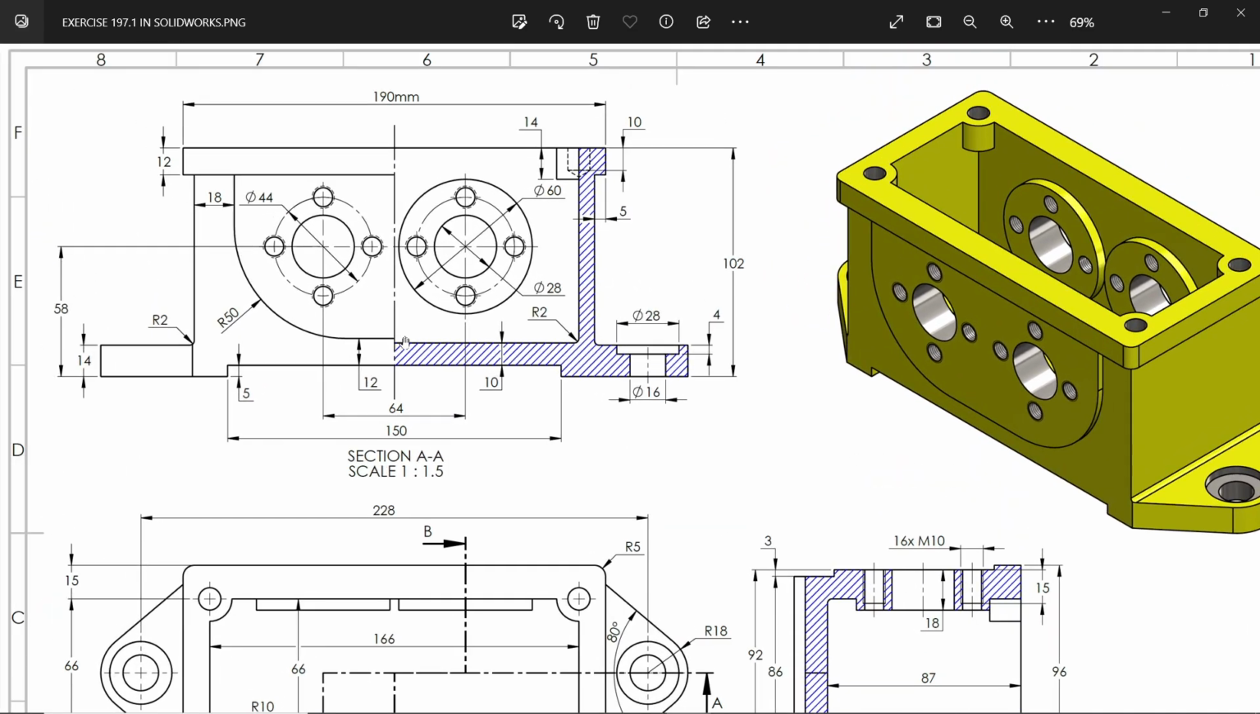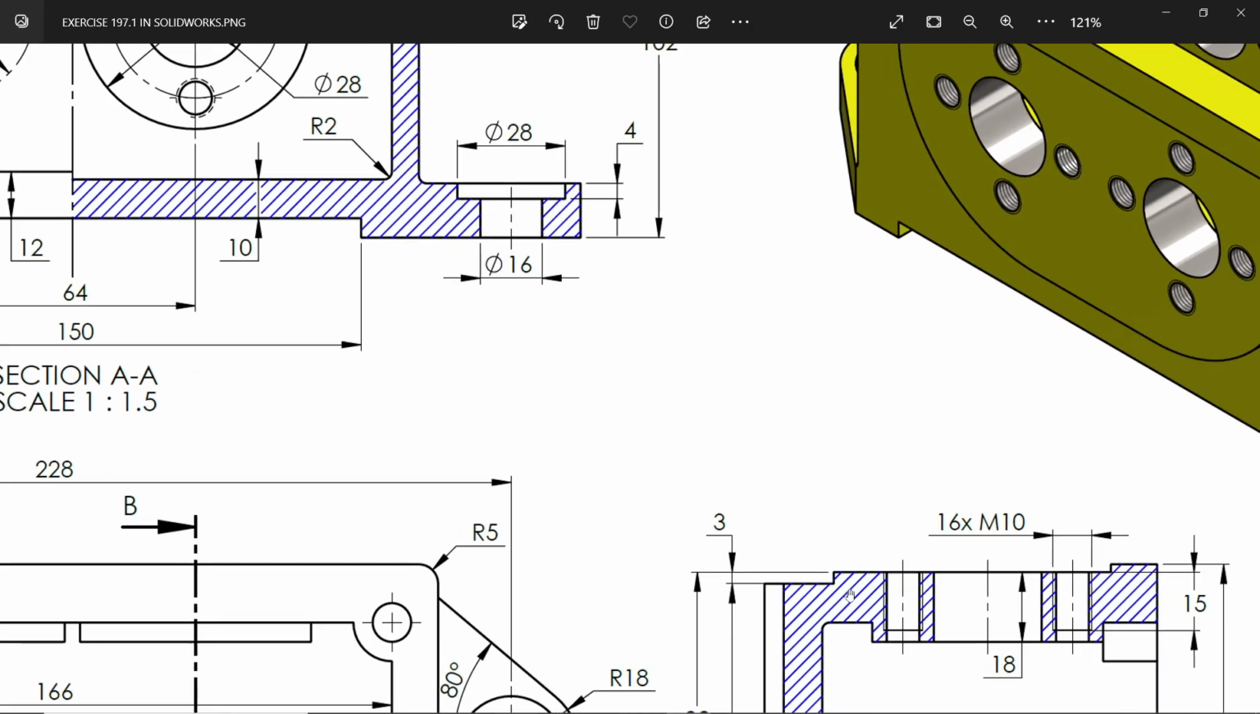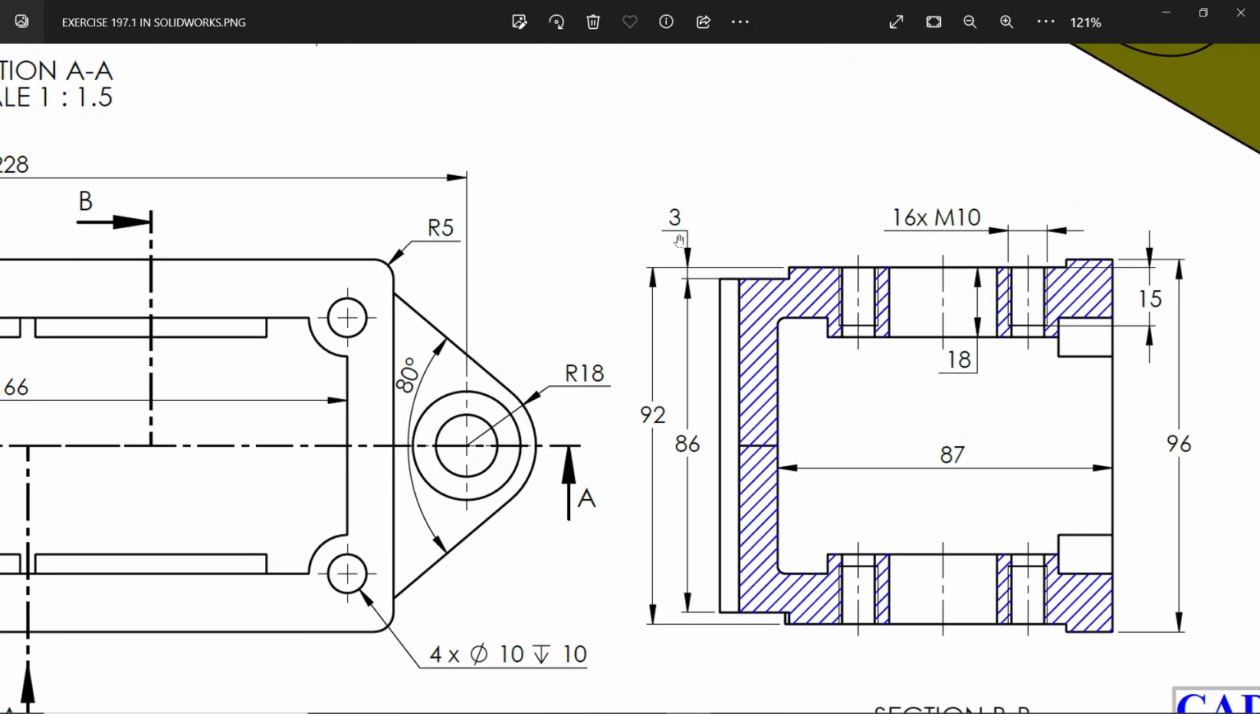We have to create this 12 millimeter, 18 millimeter corner fillet R15, and how much thickness you will see here, 3 millimeter. We have to add on both sides. 86 minus 92 is 6 millimeter. 6 minus 3 is 3 millimeter. It means we have to add equally on both sides. Okay. Then